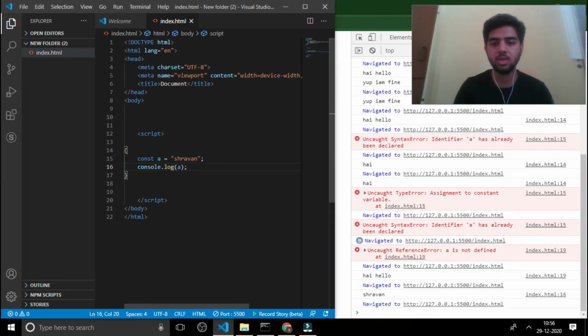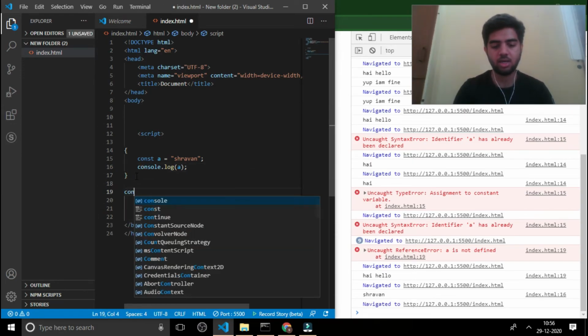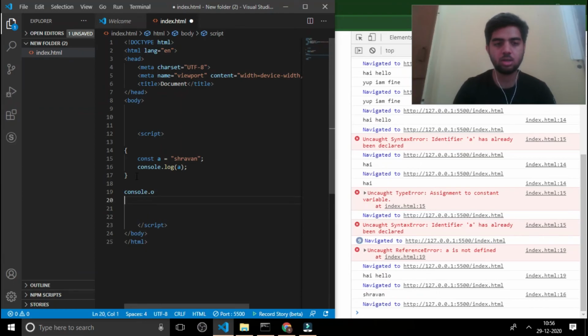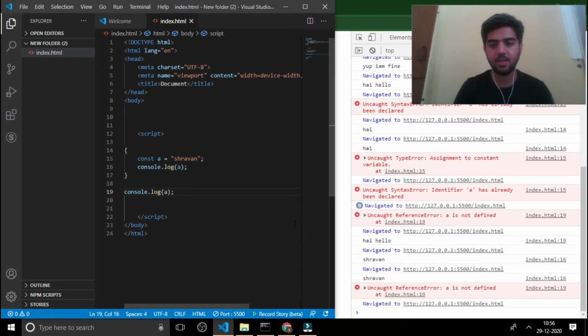You can see that Shravan has been printed on the screen. I'll come out of this block and use console.log a. You can see Uncaught ReferenceError, a is not defined at HTML 19.